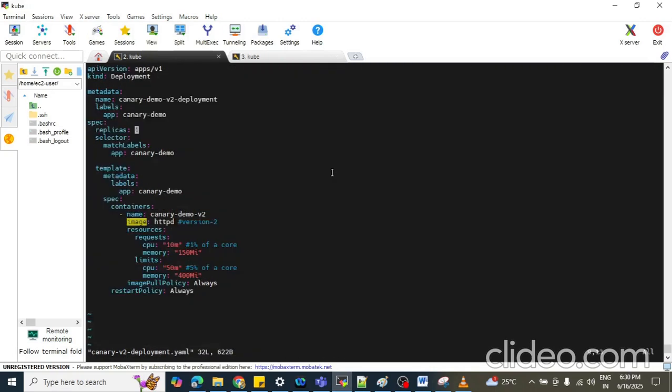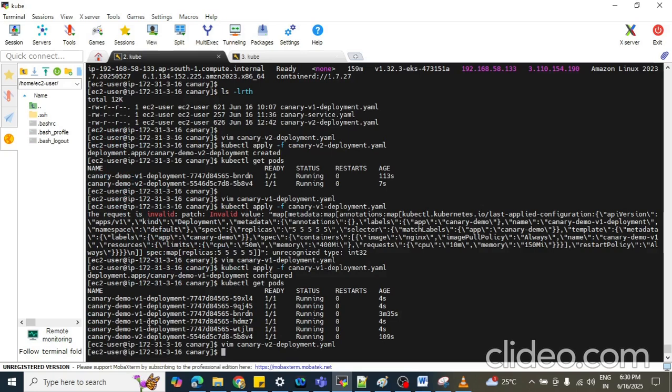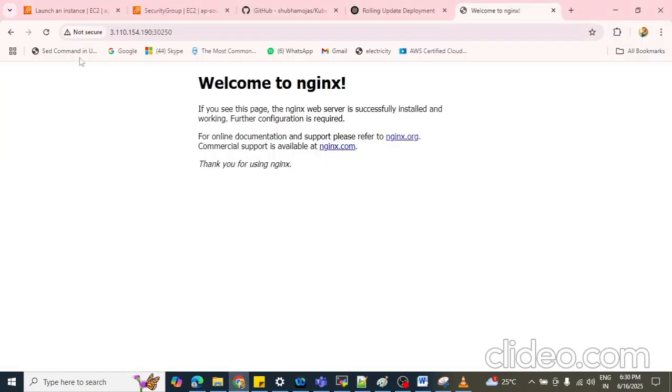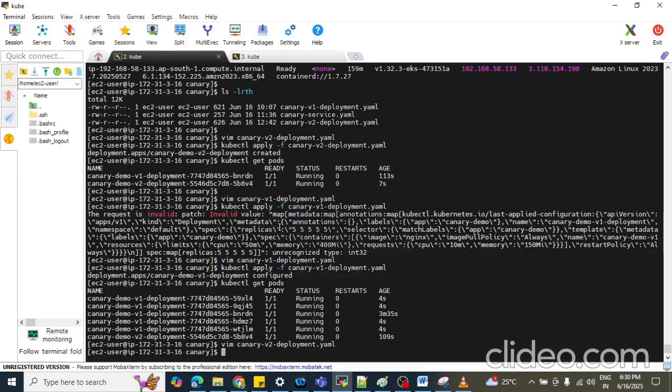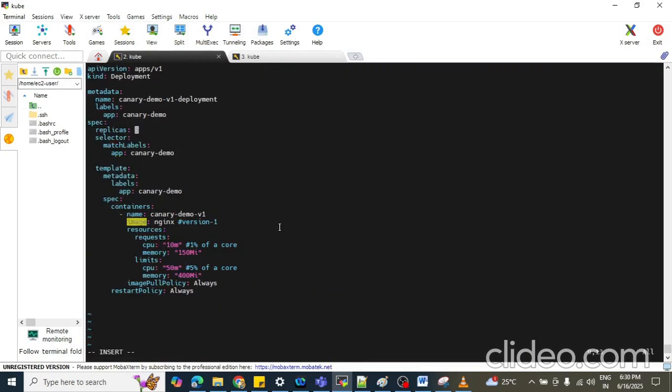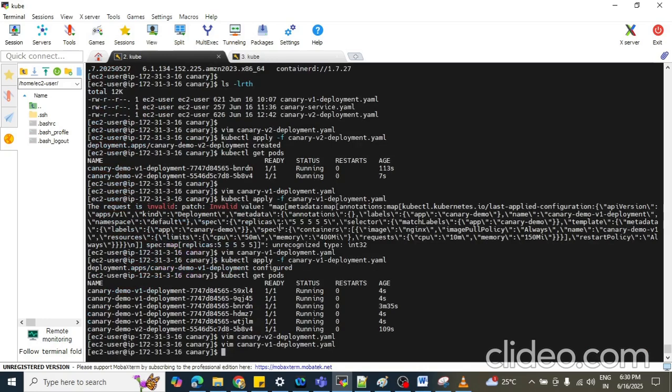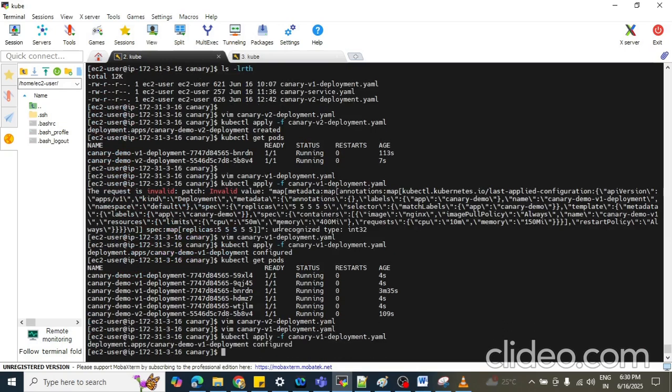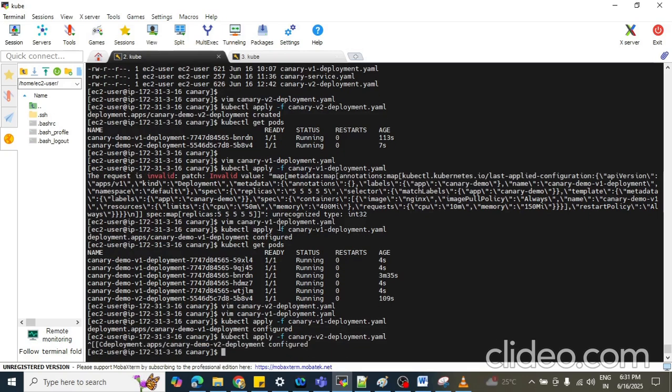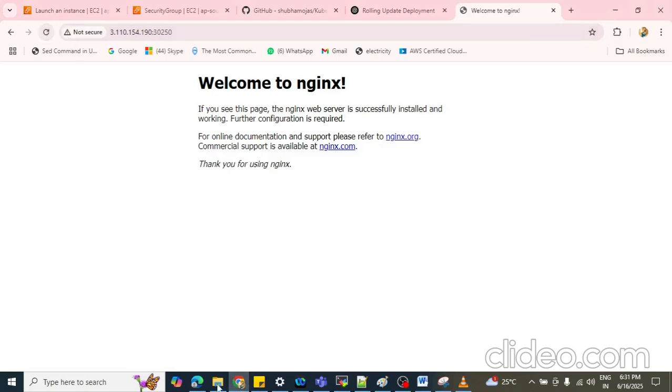One by one we are going to replace our old version and downgrade its pods. Again we need to apply here for version 1 and 2. So you can replace it like that way.